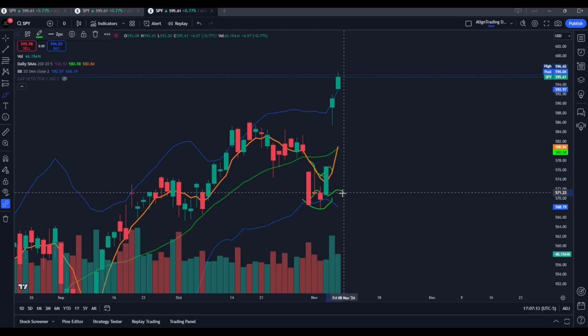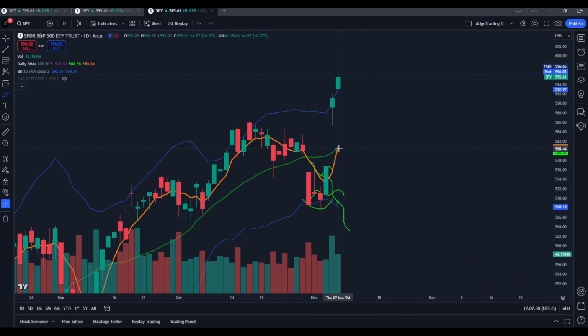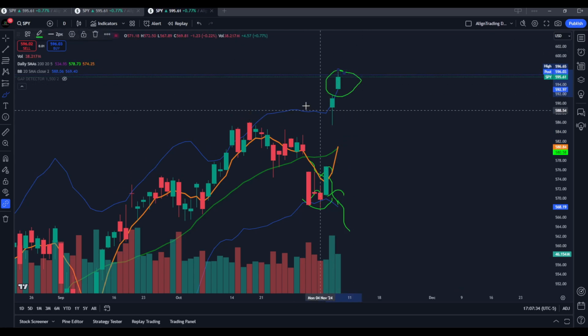We did not get that rejection, right? This bottom Bollinger did not continue, and we saw this huge gap up from the election, so we did not even get a chance to close an inverse cup right here, maybe build a handle, whatever it may be, and we initially got this huge move up. And then with FOMC today and jobless in the morning, continuation right here, started with a gap up as well,